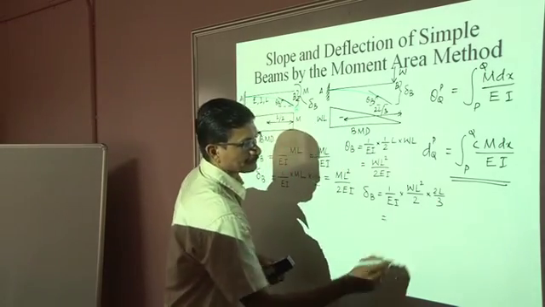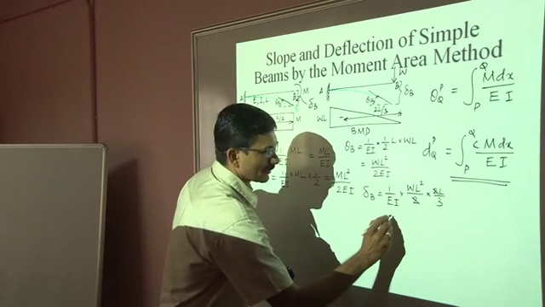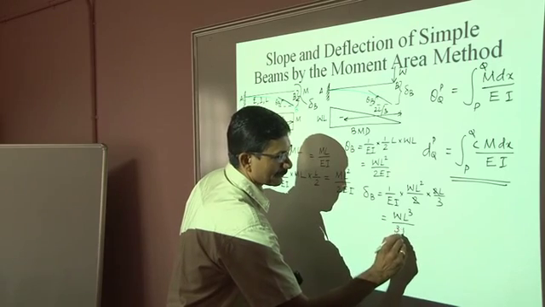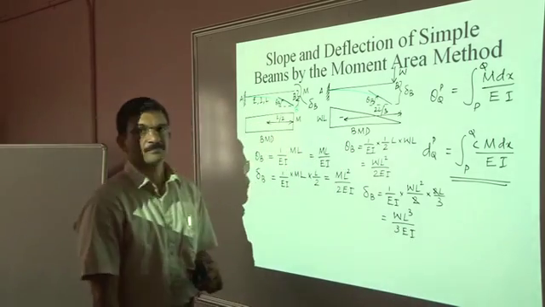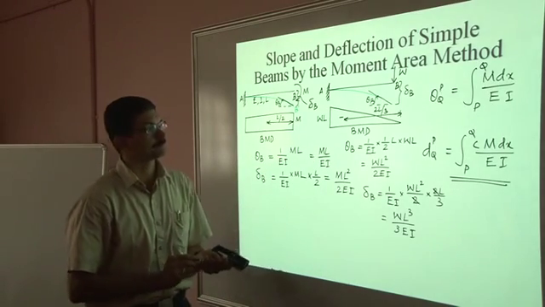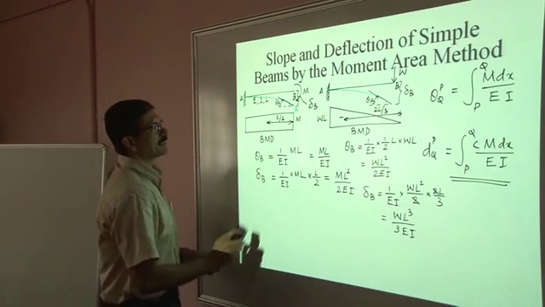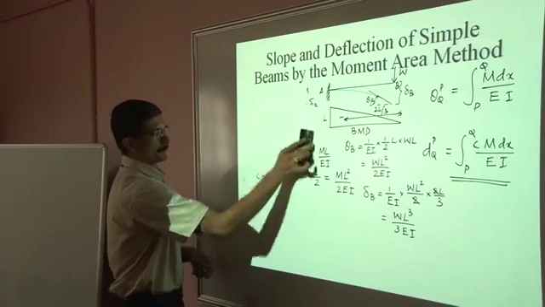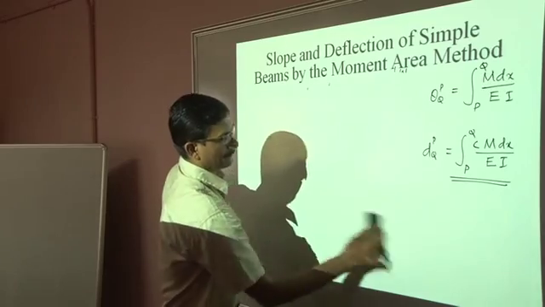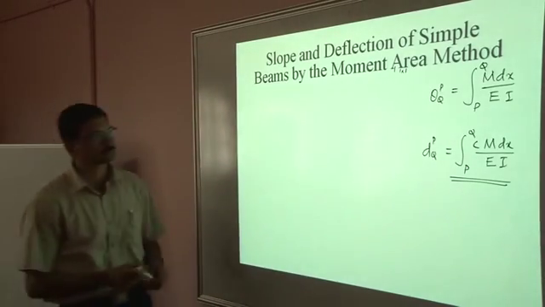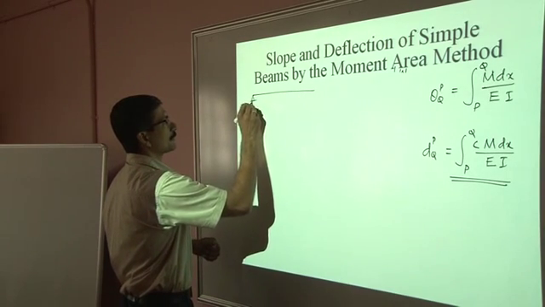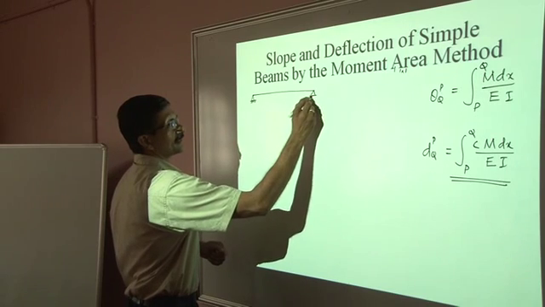So this is equal to, you can cancel 1, 2 from here, W L cube divided by 3E. We may require these results in the flexibility matrix method as well as stiffness method later. Now, if we go to a simply supported beam, a beam supported by a hinge at one end and a roller at the other end,